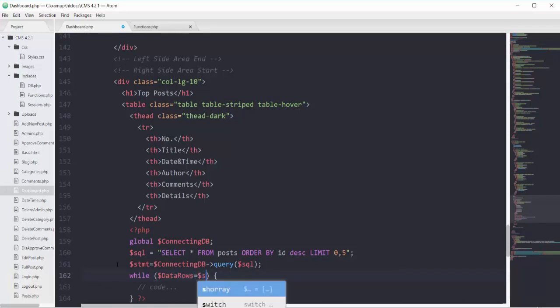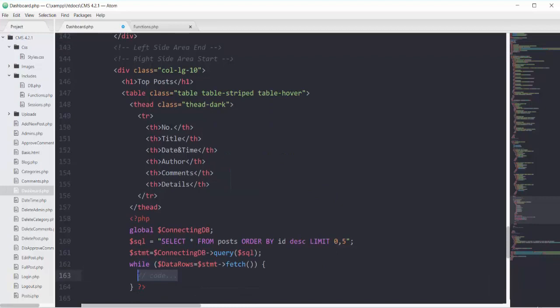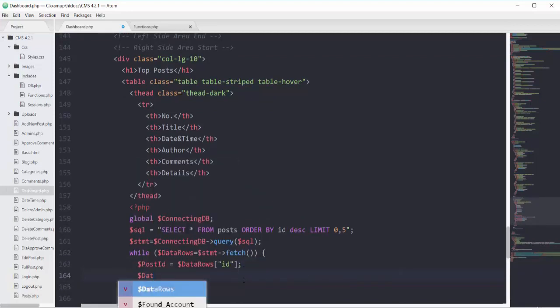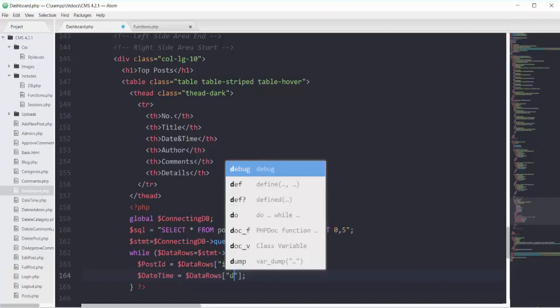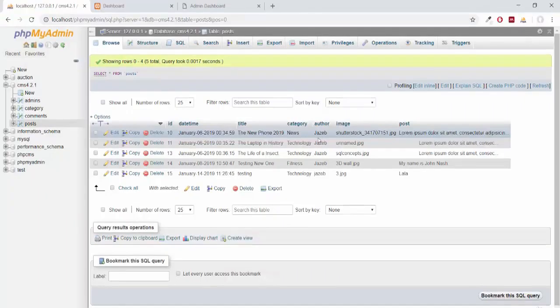That will use our stmt object and call the method of fetch. Now here we will have a couple of variables. So post ID that will fetch our column of ID, then we will have our date time that will fetch our column of date time, author and title.